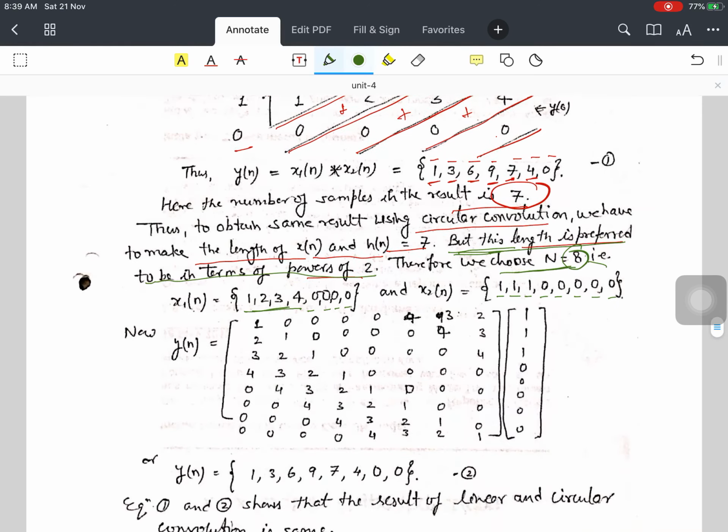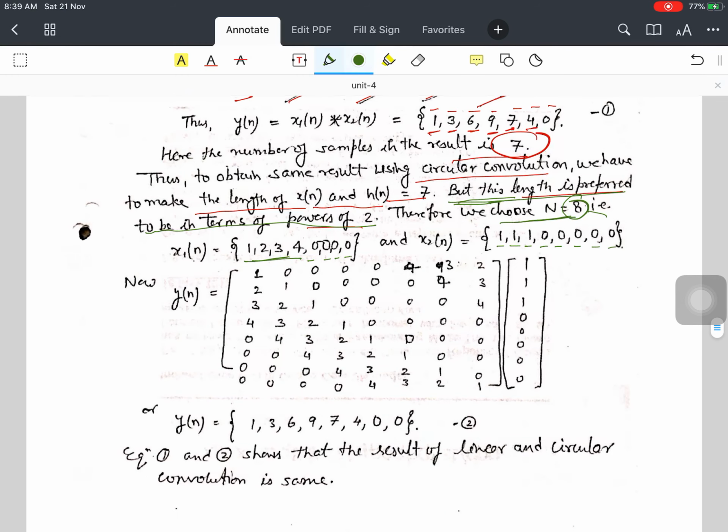Now, we know this circular convolution method. So y[n] we can write with this h[n] and x[n] over here. The x1[n] is given 1 2 3 4 0 0 0 0. Now just shift these values. When you shift, we will get this matrix. Now you have to multiply this with x2[n]. So we will get y[n] equal to 1 3 6 9 7 4 0 0. You can check here whether equation 1, this equation, which we calculated as simple x1 convolution with x2[n]